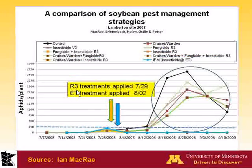Here's some more information from Minnesota on the same type of study, except they added seed treatment and fungicide and an early application of insecticide at V3. You can see here where they did the timing treatment with the R3 and then the economic threshold treatment. They were both applied in the same time period,